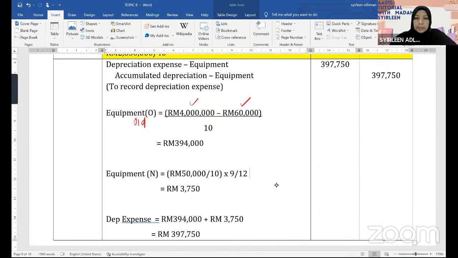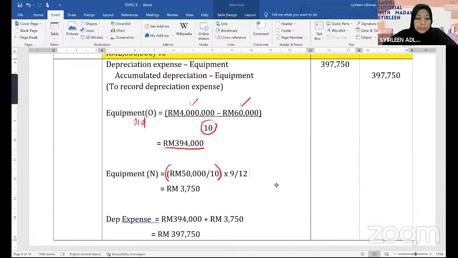Okay, dan kita akan bahagi 10 lah. So this is the depreciation expense untuk old equipment. Okay, alright. Now we are going to calculate for the new one. New one yang baru beli tadi, 50,000. So 50,000 you akan bahagi dengan 10 tahun. Sama juga sebab they will be using the same useful life